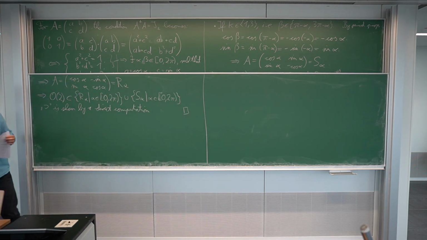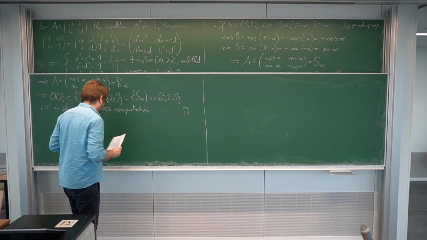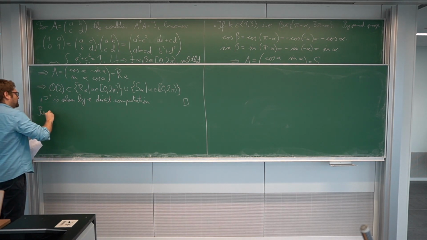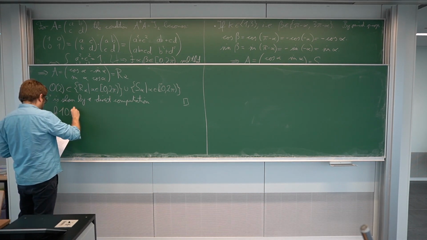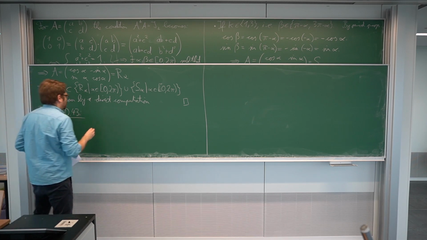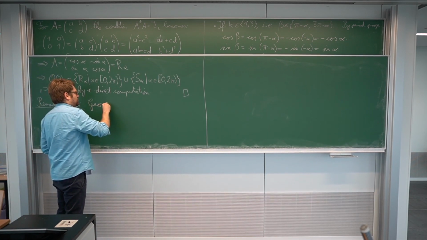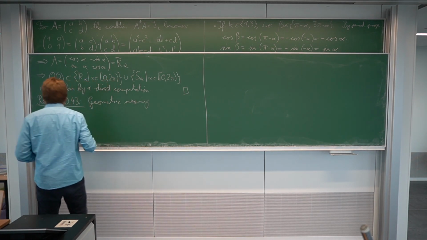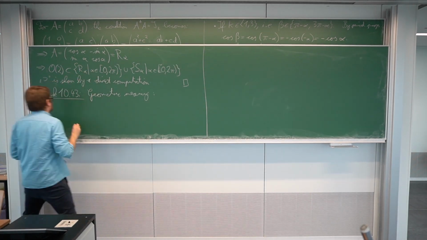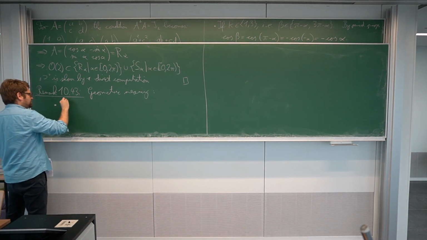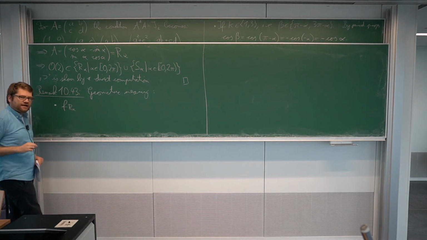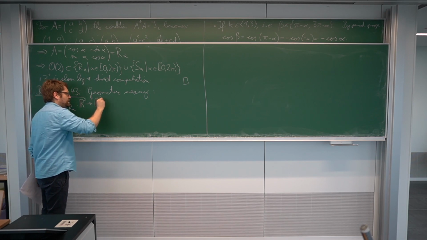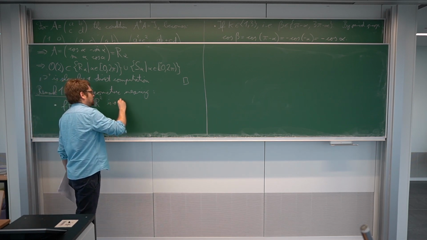Now, so we completely found O2. These are all the orthogonal 2 by 2 matrices. And now let me briefly write down the geometric properties of these maps that I've already mentioned. So, geometric interpretation, or geometric meaning. In the first case, these matrices are R alpha, so the map induced by R alpha, which is an endomorphism of R2, is a counterclockwise